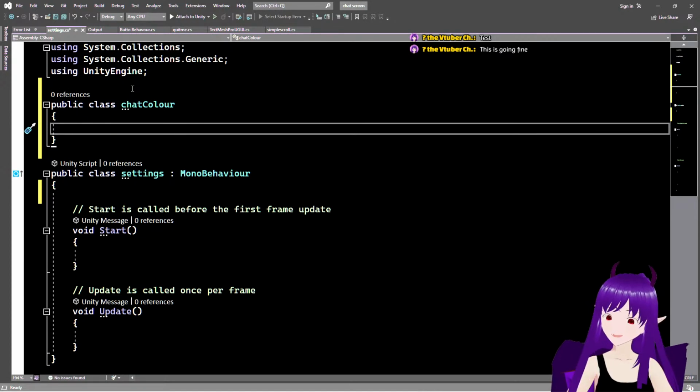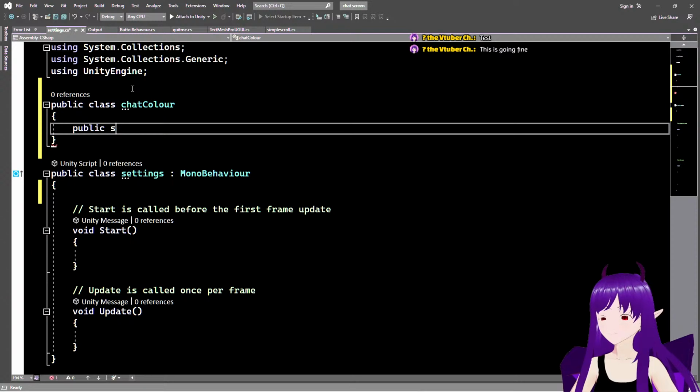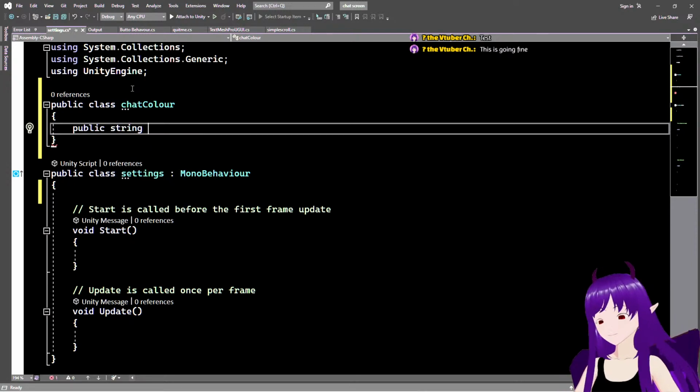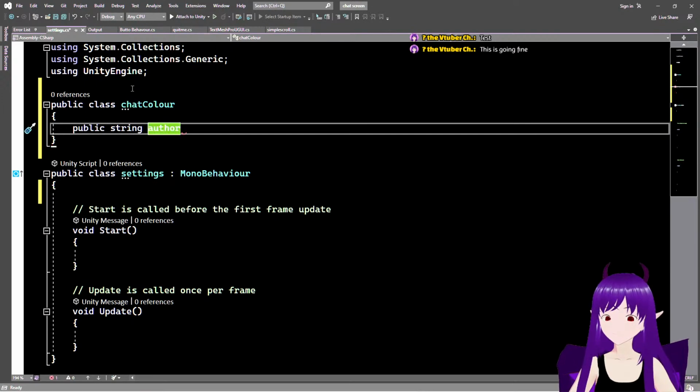So, and in chat color, we're going to have a number of strings. Public string. So, for round,